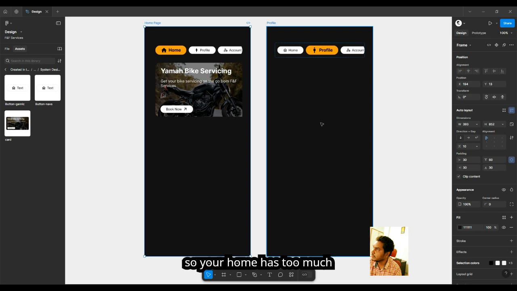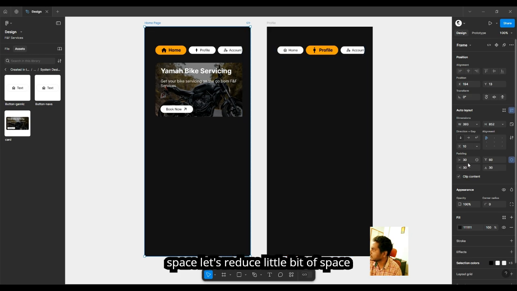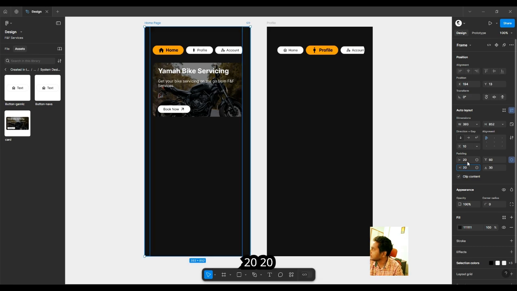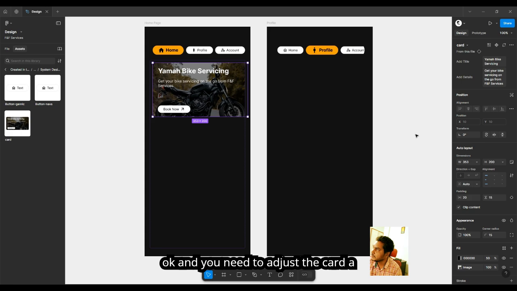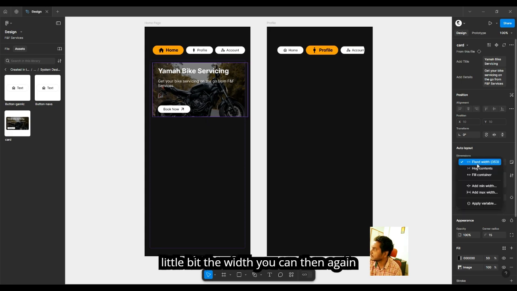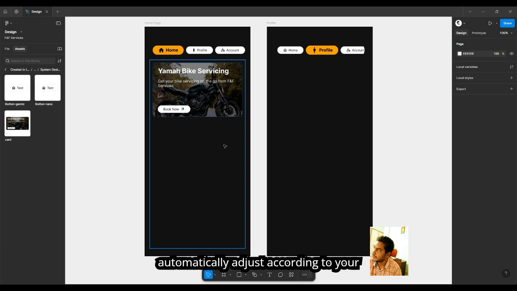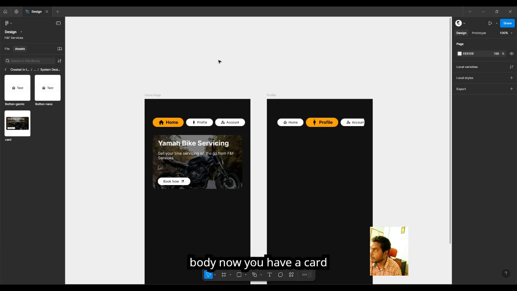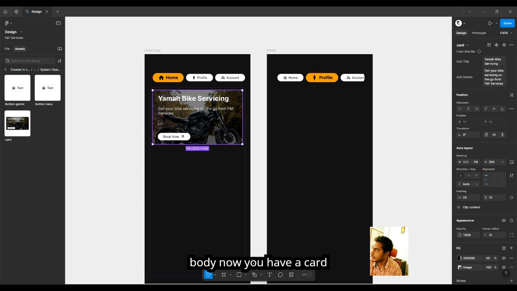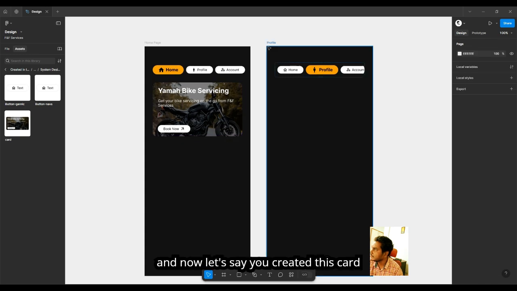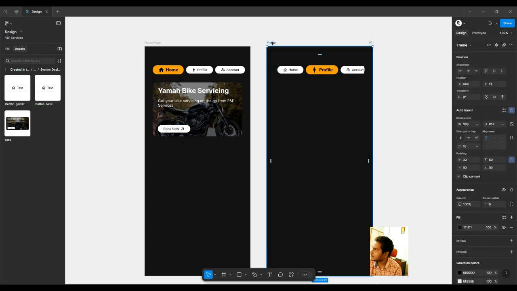So your home has too much space. Let's reduce a little bit of space left and right. Let's say 20, 20. And you need to adjust the card a little bit. The width you can then again do fill container. So it will automatically adjust according to your body. Now you have a card, and now let's say you created this card, and